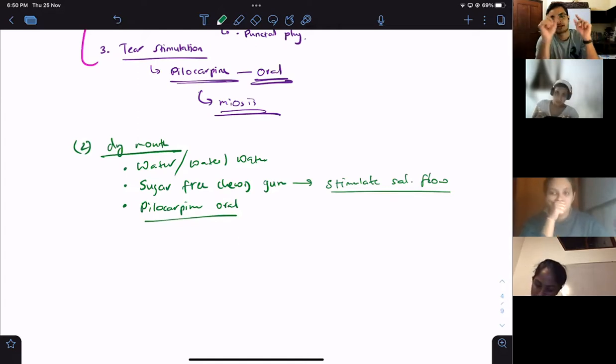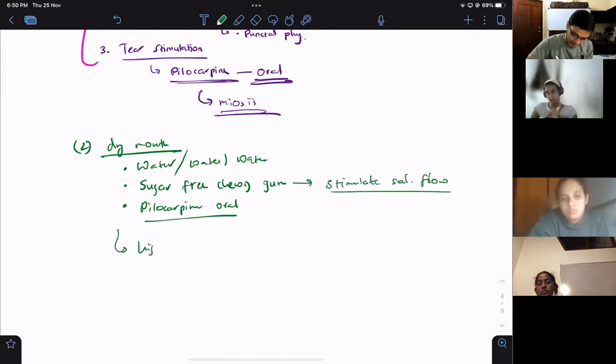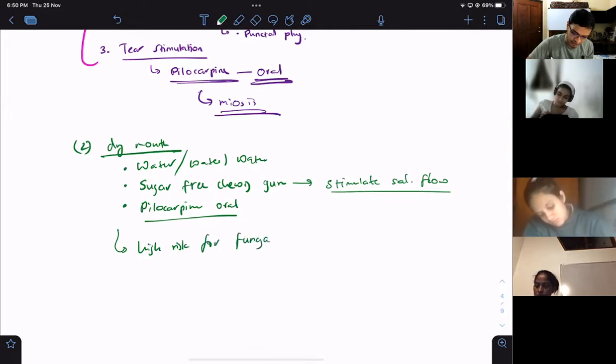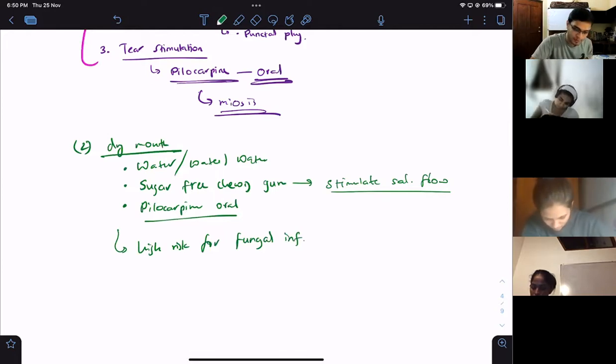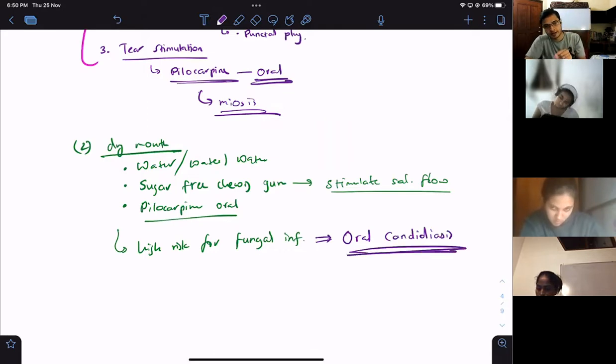Apart from that, especially when the oral mucosa is very dry, there is a high risk for fungal infections, specifically of the oral mucosa. The common one is oral candidiasis, candida. In the case the patient has oral candidiasis,